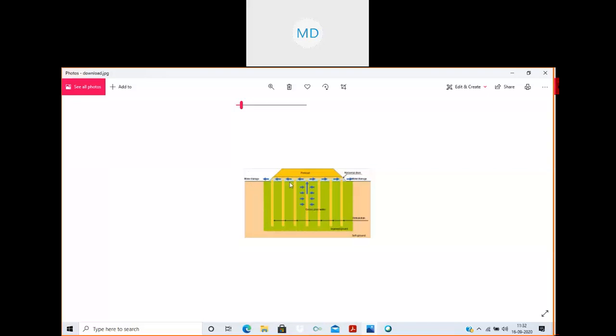So this is the soil layer you can see, and this is the layer where the sand blanket is laid. This is the preload applied, the yellow part in trapezoidal shape. The preload is applied, and these are sand drains. Sand drains are inserted, and the blue arrows we see are the pore water moving inside the subsurface part, and because of the insertion of these vertical drains, they strike the drain and the water rises up.